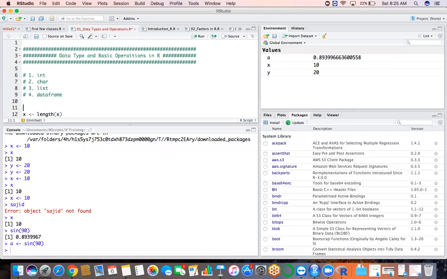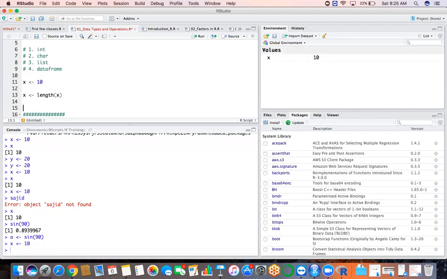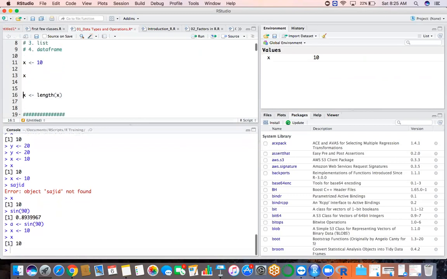Now let's move ahead. Let's declare a variable again. I'll clear the session, the environment. Let's create a variable called x. I created x is equal to 10. I'll just run this. The value of x is created. Now I want to see the value of x. Okay, the value is 10. Now if I want to see what type it is, what data type this x is,